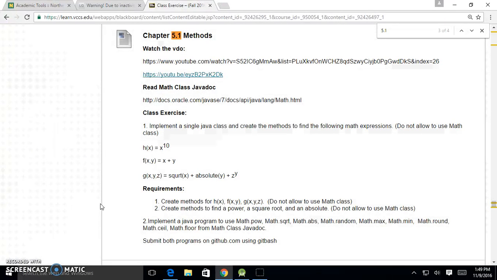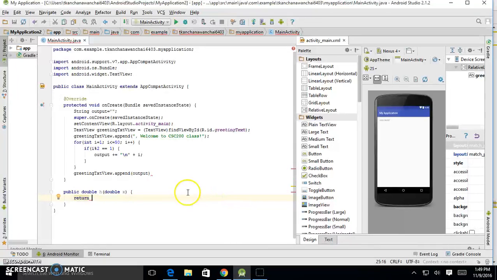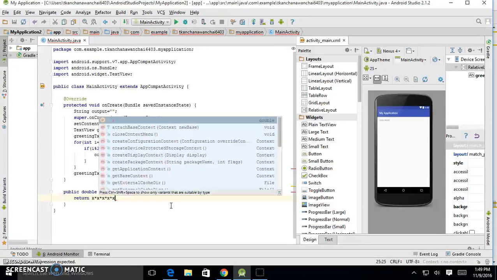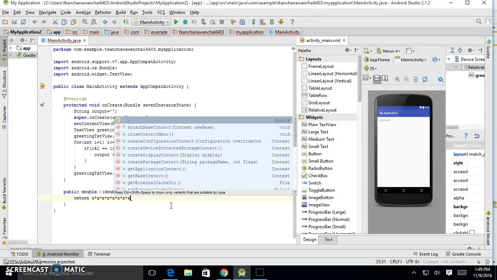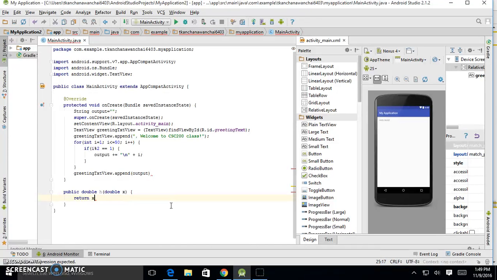A simple way, if we don't use Math.pow, is to use a loop and make it multiply, or you can just simply type it out 10 times. But I'm not sure that's the way we want to do it, since it's repeating over and over again. The reason the requirements say I don't want you to use Math.pow, and I don't want you to write x times x times x, is because I want you to practice using a loop. So while, right,